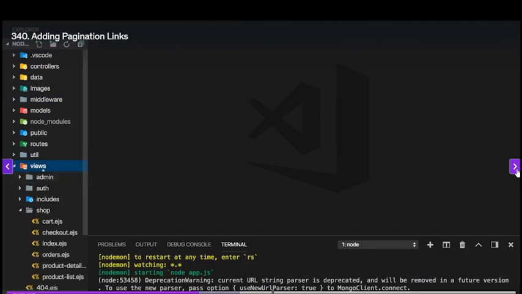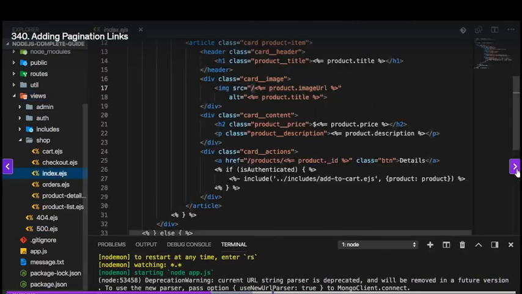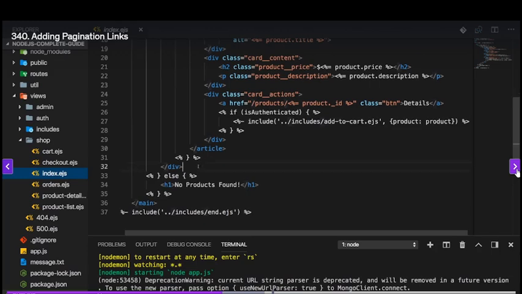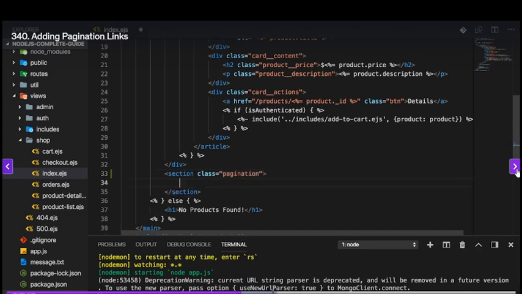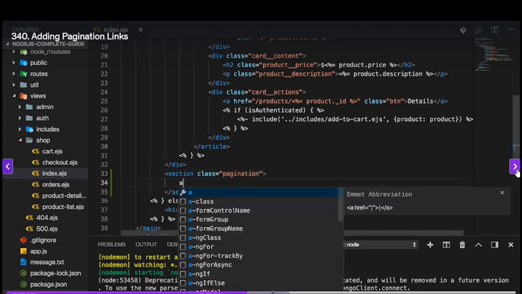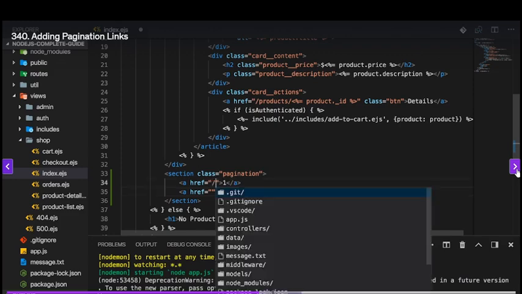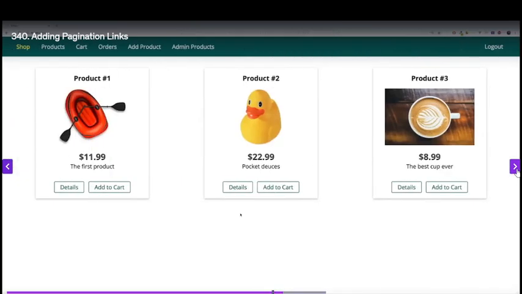I will go into my views folder, and let's work on that root route, so on that index.ejs file here. And there at the bottom, beneath my products, but inside of that first if block, so where I know that I have some products, in there I'll add a new section. I'll give it a class of pagination, because this will be the section where I manage pagination. And my idea is to have a link here, which says 1 for page 1 and 2 for page 2. And here I would go to / and have page equal to 1, let's say, and here page equal to 2. So here I would set a query parameter to value 1 or respectively to value 2. If I save this and reload,